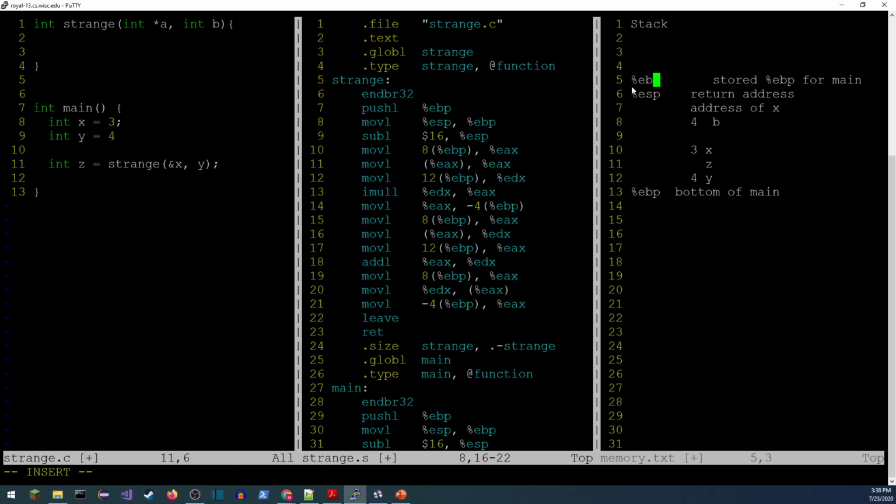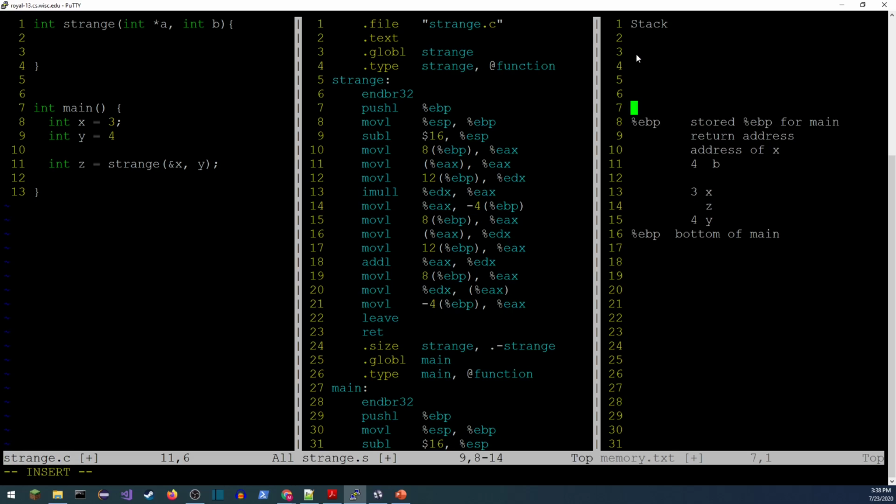All right, so it stores the base pointer. Moves the base pointer to point to that line right there. Just like that. Okay. So the next thing we're going to do is reserve some space for local variables. We're going to reserve 16 spots. 1, 2, 3, 4. Looks like I didn't quite leave enough space. So 1, 2, 3, 4. That moves the stack pointer up to there.